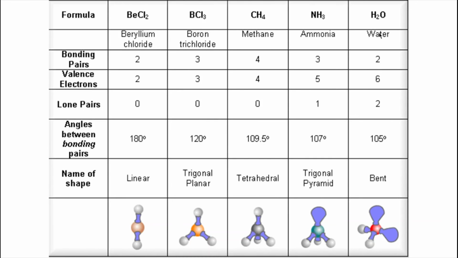So, for example, if you see beryllium chloride, that has a linear geometry. We can tell because it has this many bonding pairs and this many valence electrons, and so it must have this specific angle. And this is all because of the orbitals. And there's some wacky stuff like hybridization that goes on with orbitals. But you can see that because of orbitals and the orbital model, we can actually figure out the exact shape of these molecules.